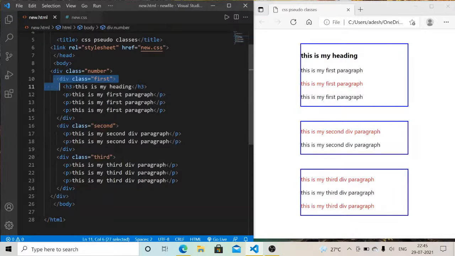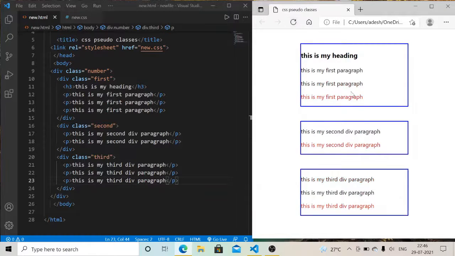So inside the first parent element the last child is a paragraph, then it will turn red. Inside the second div element the last child is also a paragraph, then it will turn red. And the third one also has the last child as a paragraph, then it will turn red.